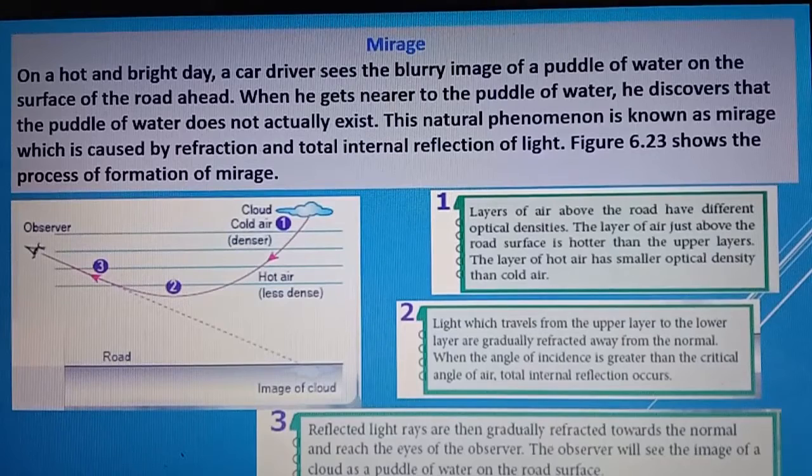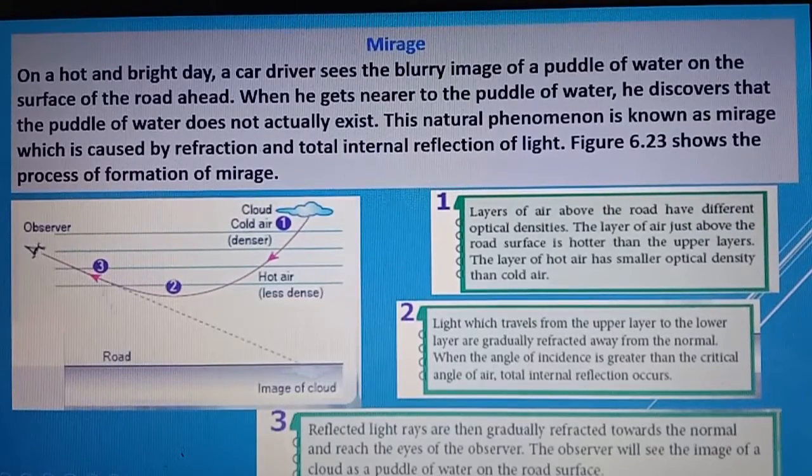So what caused this situation? When he gets nearer to the puddle of water, he discovers that the puddle does not actually exist. So this natural phenomenon is known as mirage, which is caused by refraction and total internal reflection. So you can look at this diagram,